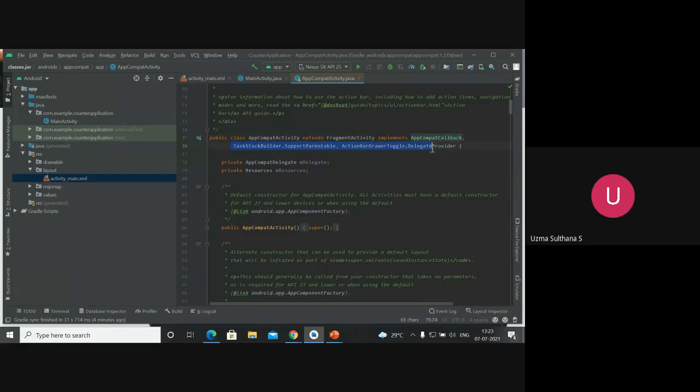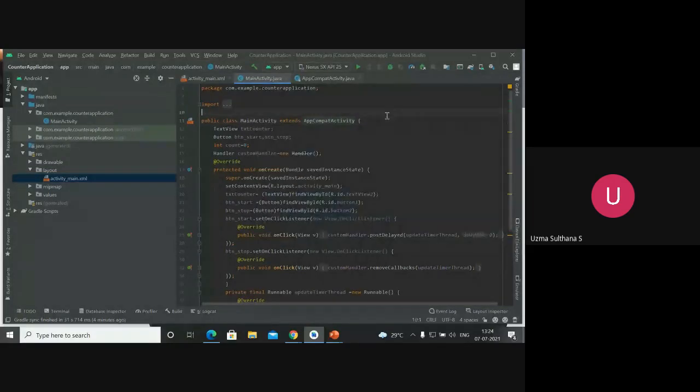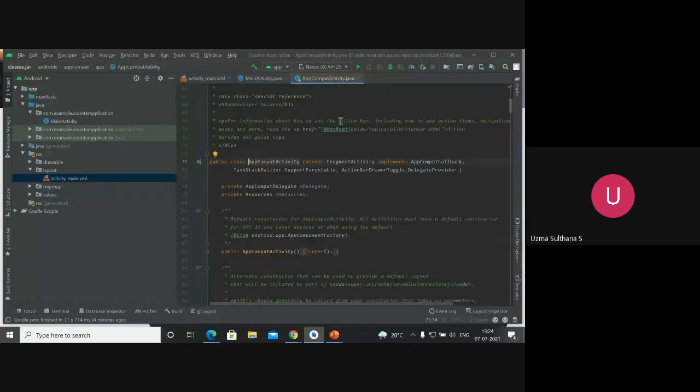These are all the classes and interfaces: delegate and action bar, support parent, and task stack builder. You don't need to worry. You just need to have a look at what exactly is inside that class. If you are very curious, you can go to the main, and whatever method you want to look at, you can see. Just place your cursor, and a few more details will be shown. If you want to see that Java class in detail, just go and click on that particular link.